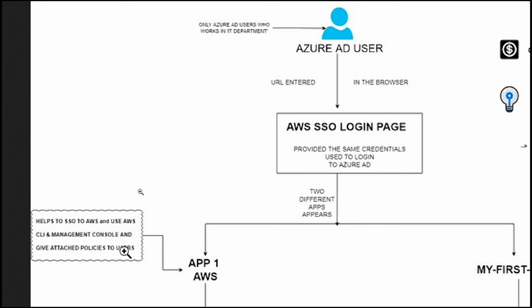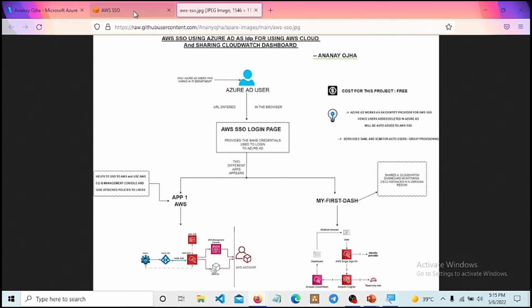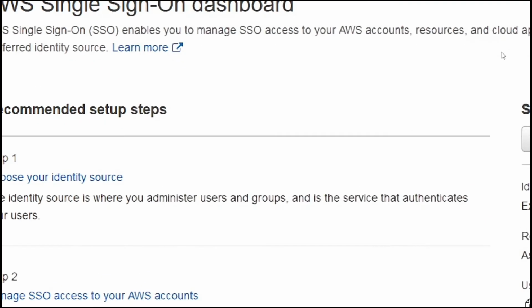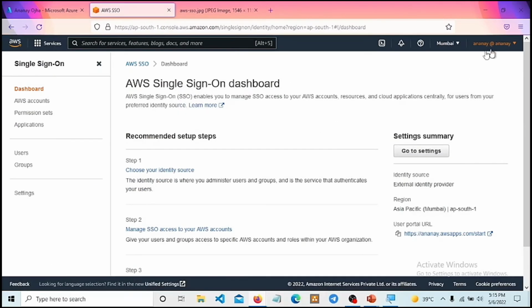And if you ask me what permissions people will have by logging into it, let me show you. In case of permissions, what you have to do is, as an administrator, I have to log in. As you can see, this is my administrator account, my AWS administrator account. Now I went to single sign-on. After that, I can go to permission sets,